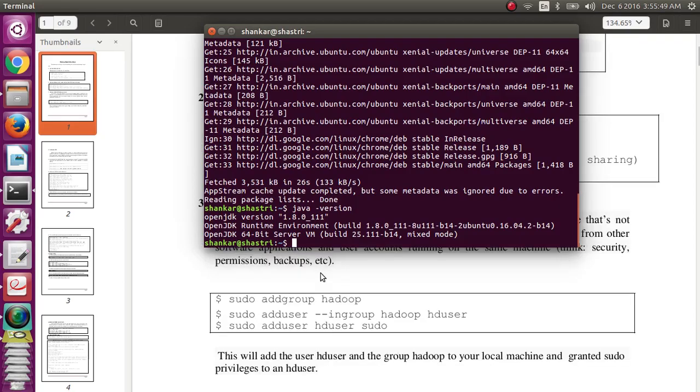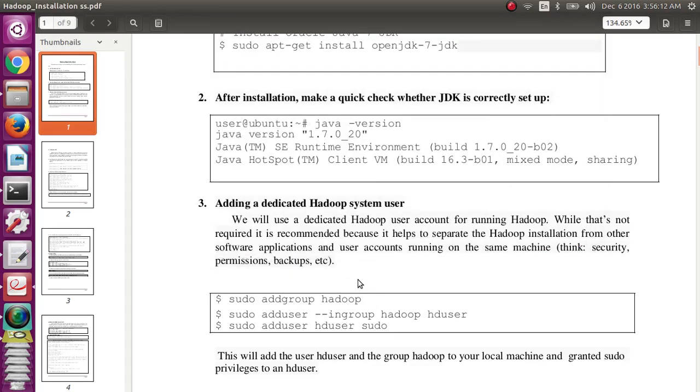So next, for using Hadoop, we need to have dedicated users for all the Hadoop operations in a Hadoop group. For that purpose, we need to create one group for Hadoop and add a number of users for the Hadoop operations. For executing that, we need to create the group.